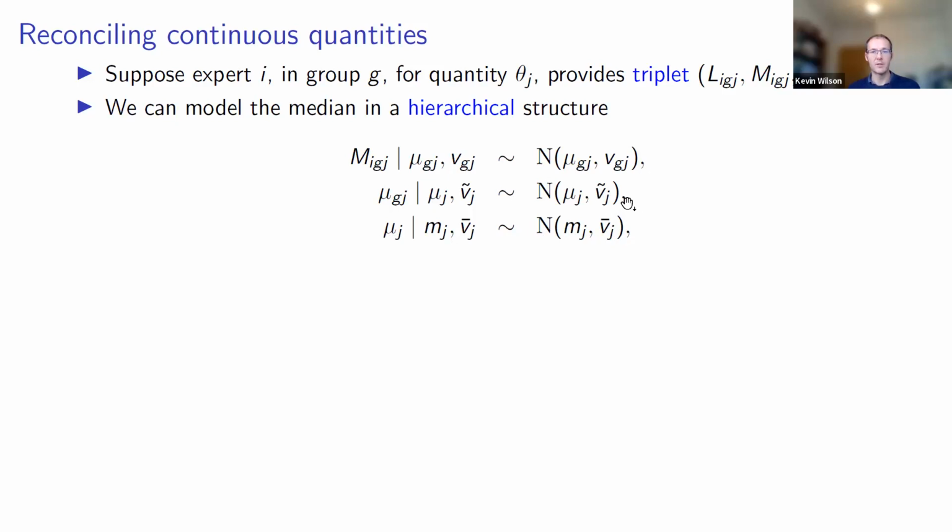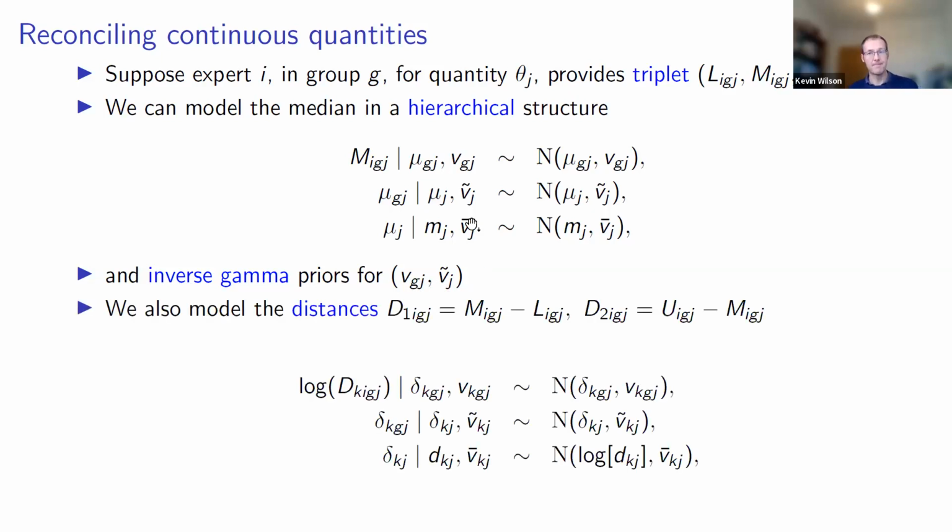And then we've got the two levels of the hierarchy, the individual level and the group level. And we probably want to learn about the variability between experts within a group and the overall variability. So the individual level and group level variability. And if we give these prior distributions, which is what we'd have to do to learn about this variability, if we give them inverse gamma prior distributions for these variances, then if we're going to use MCMC, we have some nice conjugacy there, and it's going to make our MCMC sampler run in seconds rather than minutes. So we can use nice relationships there.